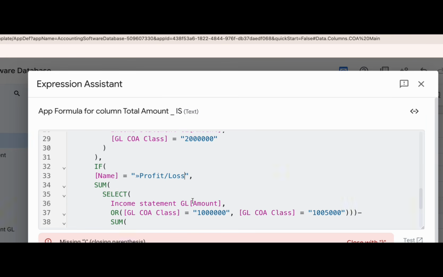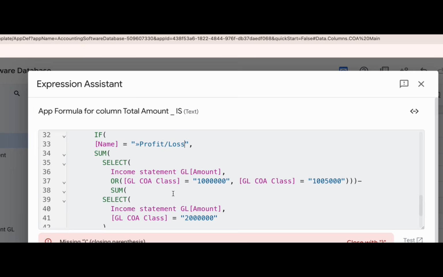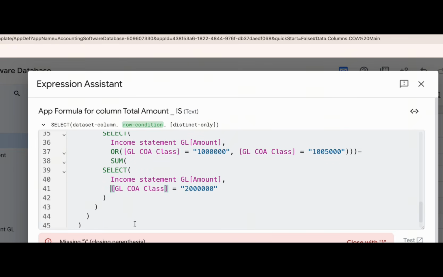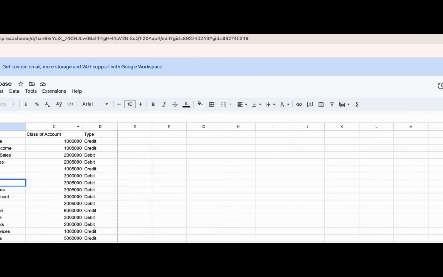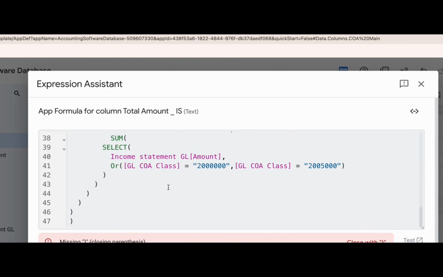And then what we're going to do is say income is this, blah, blah, blah. And then for expense, we're going to add another section for expense because this is cost of sales. Paste this over here, close this here. And then this one is going to be 2, 5 because you see expense. What's expense? Expense is 2005000, right? Good. So we have this in place.